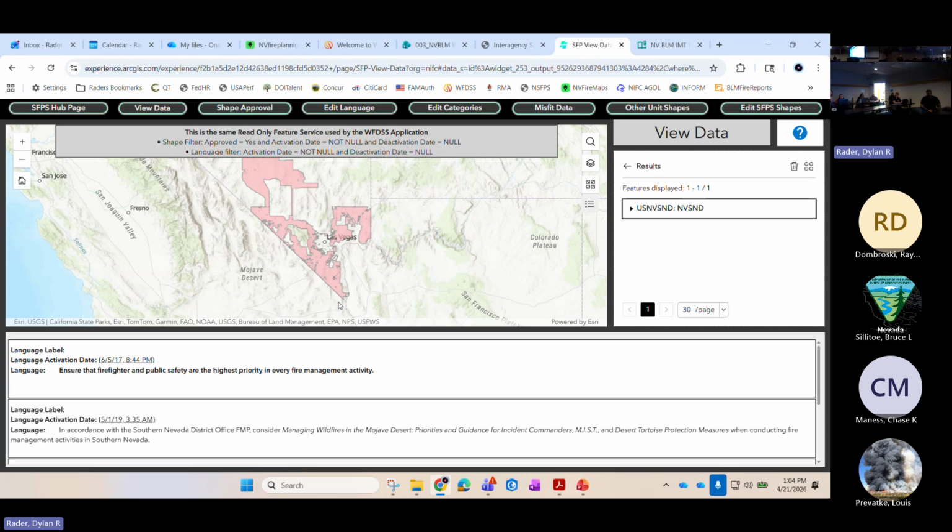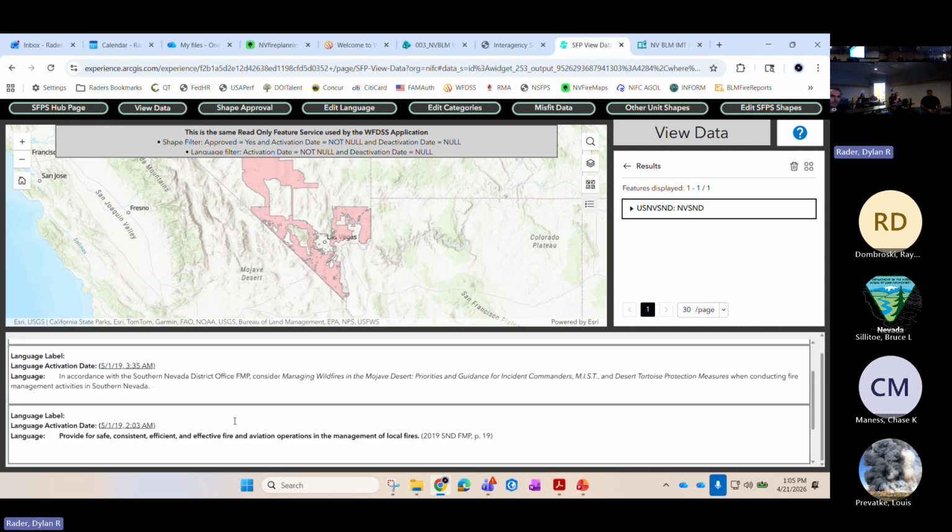All of that data and everything that lived in WFDSS Classic was imported into the Spatial Fire Planning Service when WFDSS Next Generation was created and WFDSS Classic was closing shop, right? So all of the information that we have in Spatial Fire Planning Service was imported from WFDSS Classic. And the reason why that's important is in WFDSS Classic, we actually had what were called unit-wide shapes. And the unit boundary contains any of the old unit-wide shapes that you had in WFDSS Classic that may have